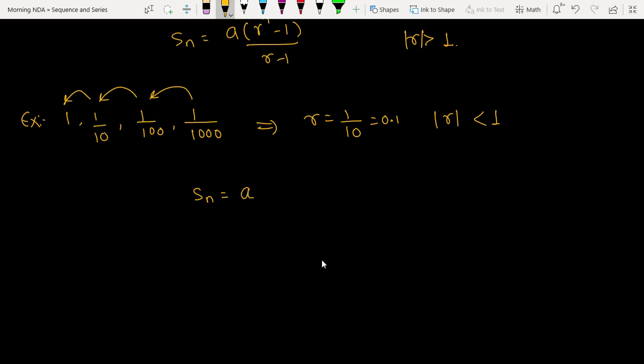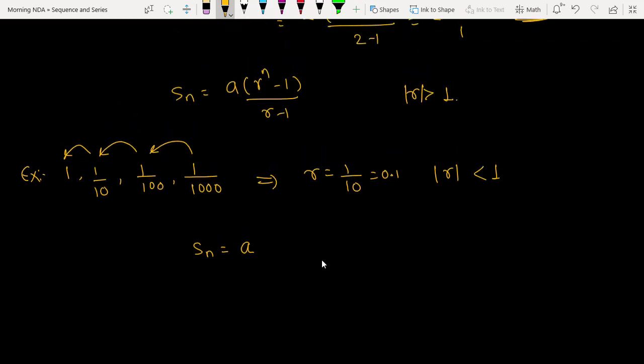So it is a. Instead of r raised to n minus 1, I will have 1 minus r raised to n divided by r minus 1. Instead of r minus 1, you will write 1 minus r. That's it. Everything will remain same. So what I have done is, whenever r is less than 1, you should subtract r from 1. See, the only thing you have to remember is that whatever is the sum, I am going to get the same sign in the numerator as well as the denominator. Since r is smaller than 1, I have subtracted r from 1. Here r was bigger, so I have subtracted 1 from r.